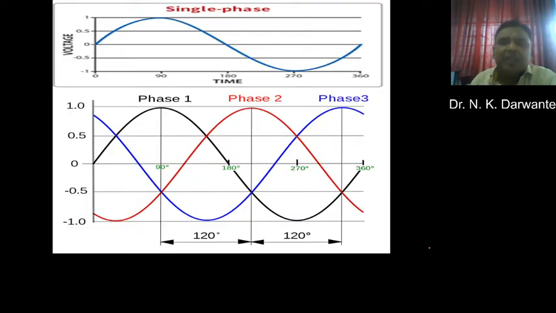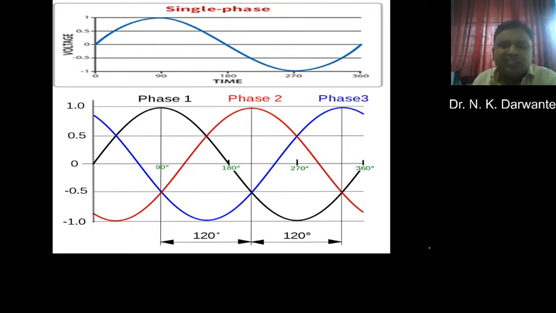Go to the next slide. Here in this slide we can see the waveform between time and voltage. Single phase supply is known to us, and here you can see how the three phases are moving with respect to time. Okay, now there is a phase difference of 120 degree between each supply,